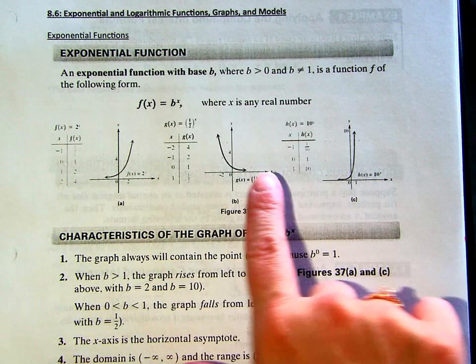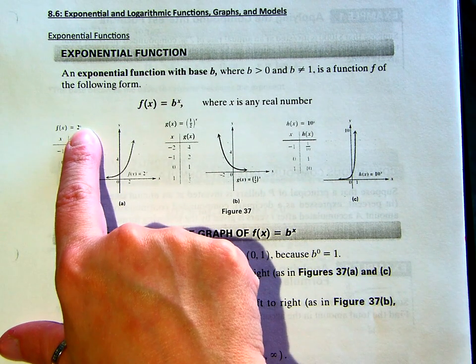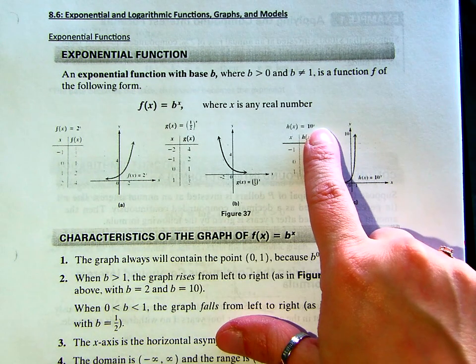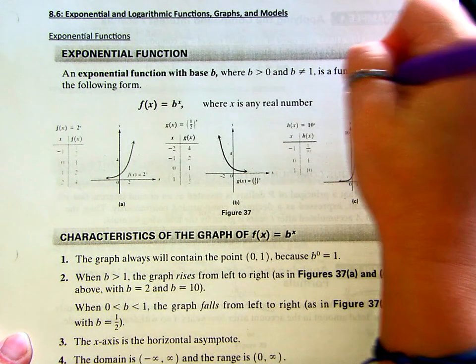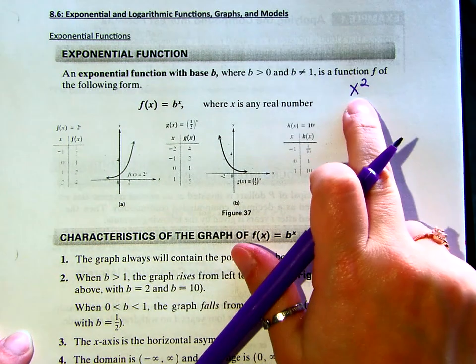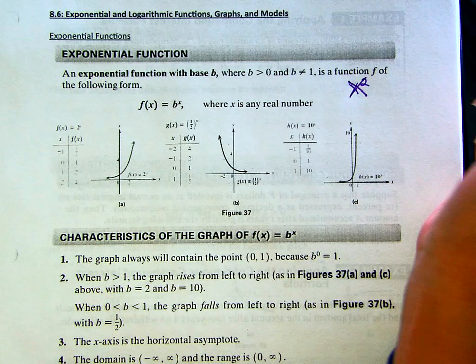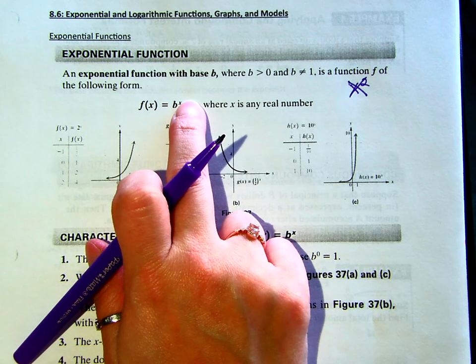So there's 3 different graphs given. There's one where it says f of x equals 2 to the x. This one is 1/2 to the x, and this one is 10 to the x. So for an exponential function, your exponent is where your variable lives. That's what makes it special. So I cannot have an exponential function like this. This is not an exponential function. That's a quadratic. That's what we talked about in 8.5. So that's different. The exponential function has the number in the base, and then it has your variable in the